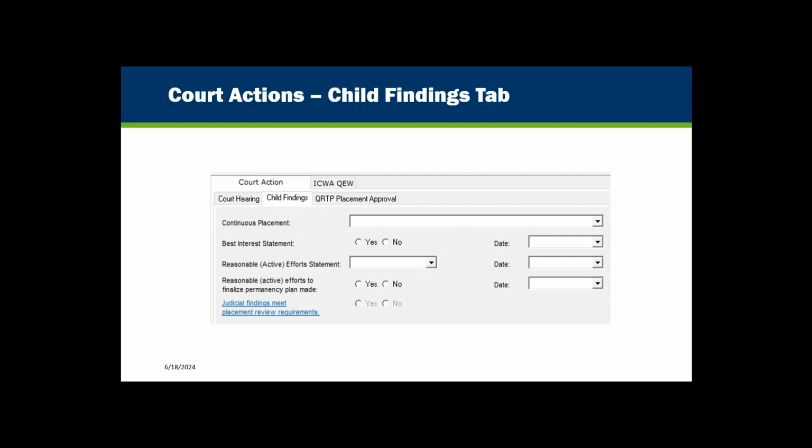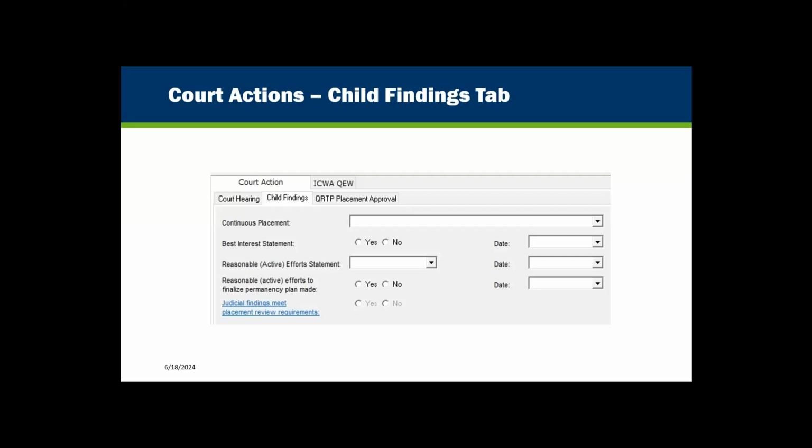Those dates, once you have them, do not change for that entire placement episode. So they can remain blank as you enter subsequent orders, or you can put them back to the original removal order date. Either way is not incorrect or more preferred over the other. And then the final date field, the reasonable or active efforts to finalize permanency plan, that data field is going to